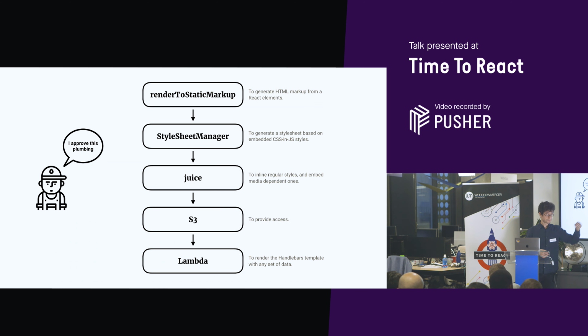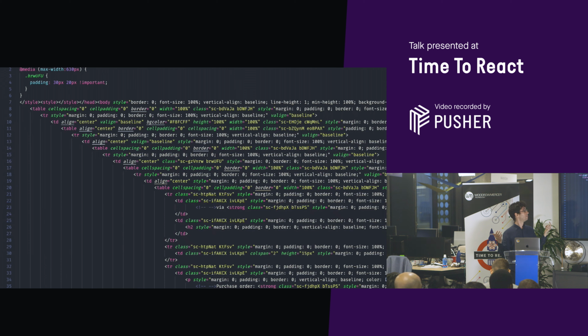Then we use Juice, which gets some markup and some styles, and it inlines them. Oh, that was really cool. It inlines the styles, which is really handy because emails. And then we do the usual thing. We push everything to S3, and then we use lambdas to access them. And then after all of this plumbing is done, ba-boom,